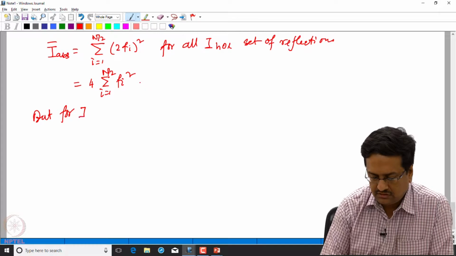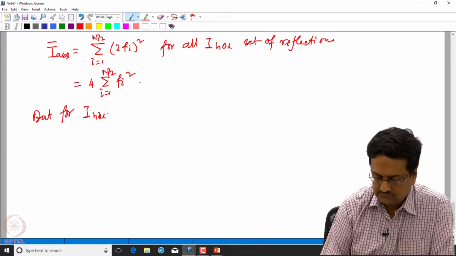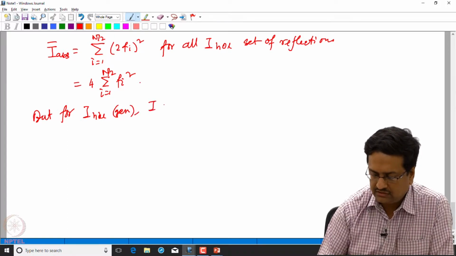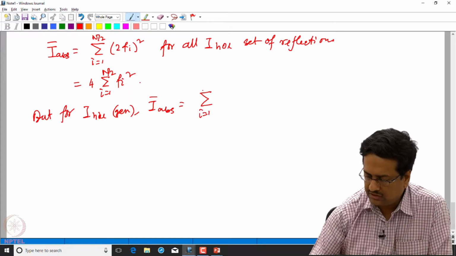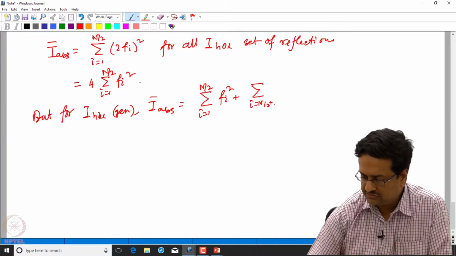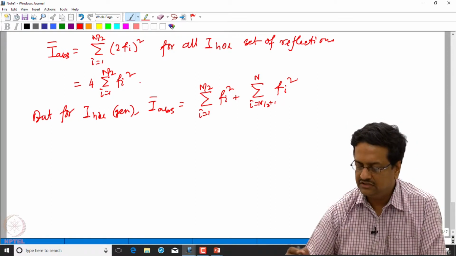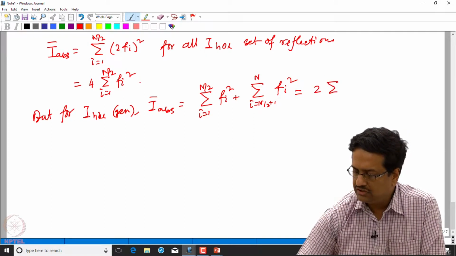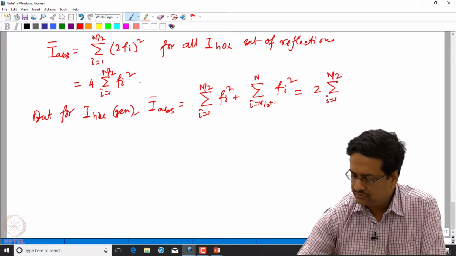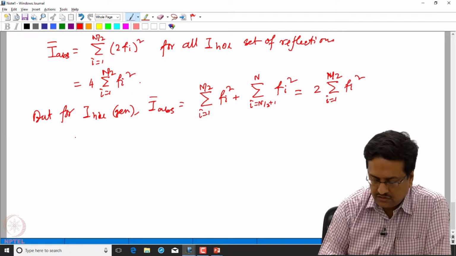But for general HKL reflections, one should calculate I abs as sum over i equal to 1 to n by 2 of Fi square plus sum over i equal to n by 2 plus 1 to n of Fi square, because in those cases these two sets of atoms are considered to be at different locations and they are different. So this would indicate that the sum is nothing but 2 times the sum over i equal to 1 to n by 2 of Fi square. So now if I take a ratio of I